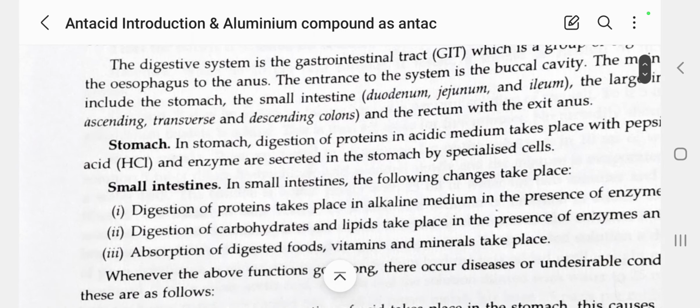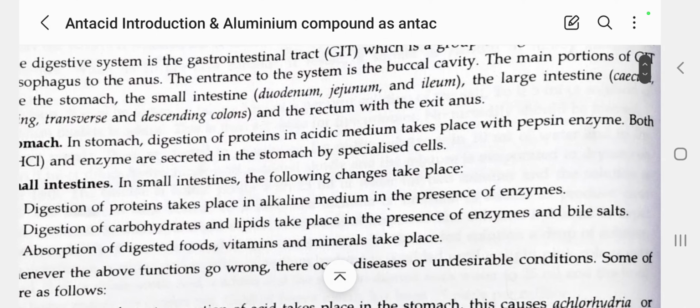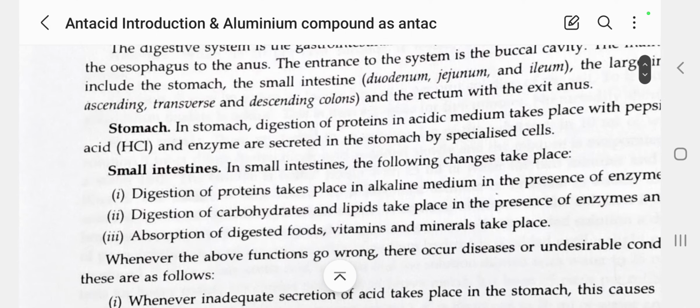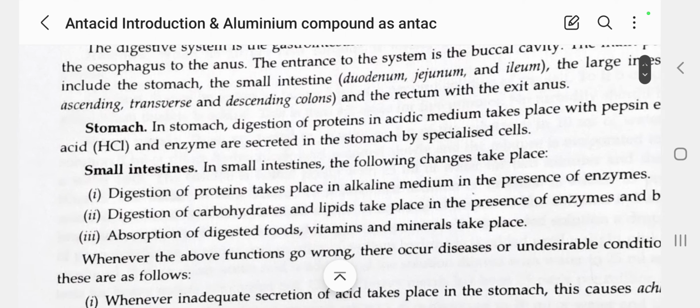Next, stomach. What is the function of the stomach? In stomach, the digestion of protein in acidic medium takes place with pepsin enzyme. Both acid, hydrochloric acid, and enzymes are secreted in the stomach by specified cells. So here the stomach secretes excess hydrochloric acid, so antacids are used,